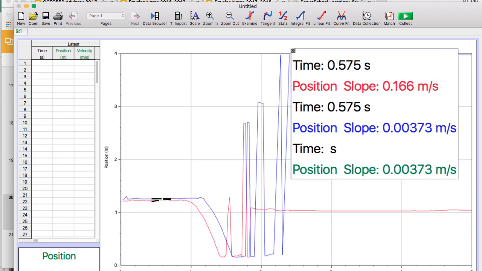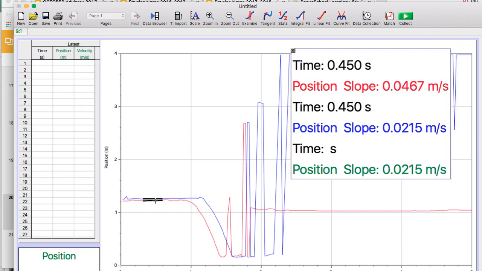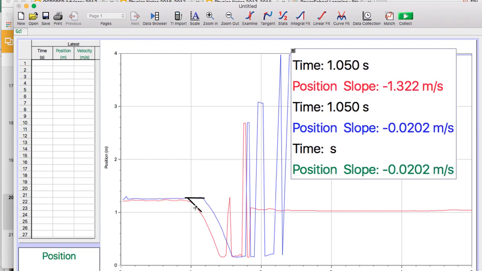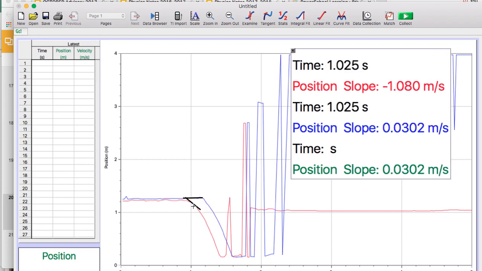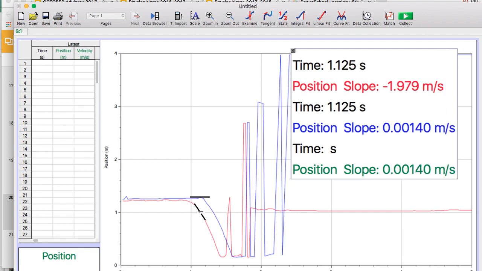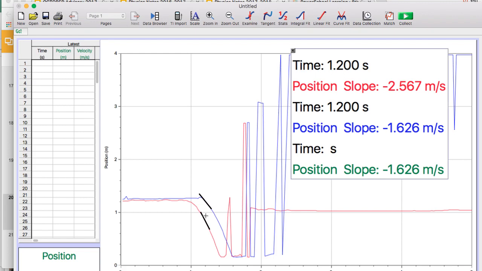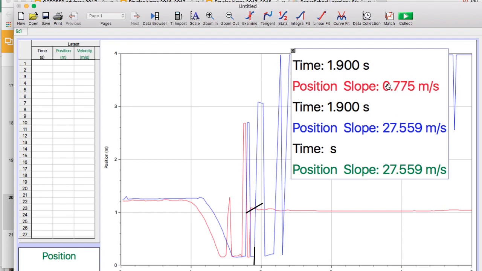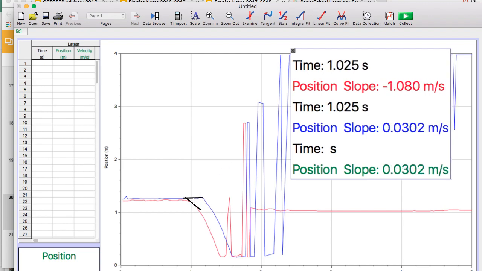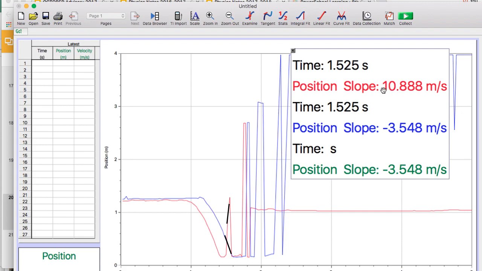And while I'm holding the textbook, there shouldn't really be much of a slope, and all of a sudden I drop it and the slope is increasing. Take a look and follow the red one along here as I'm talking. So negative 1.08, 1.59, 1.8, 1.9, 2.1, 2.3, 2.7, 2.93. What I want you thinking about is, what does it mean to have a slope that is constant versus